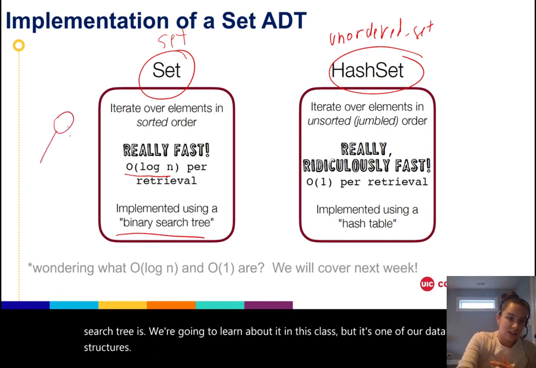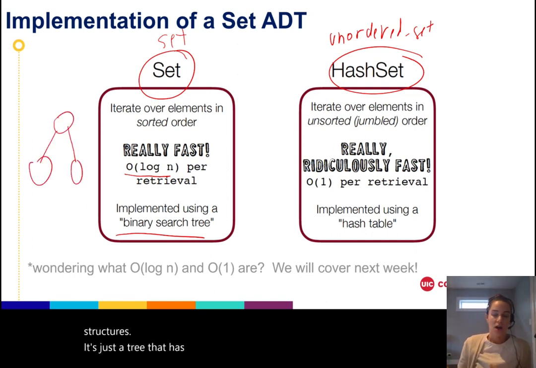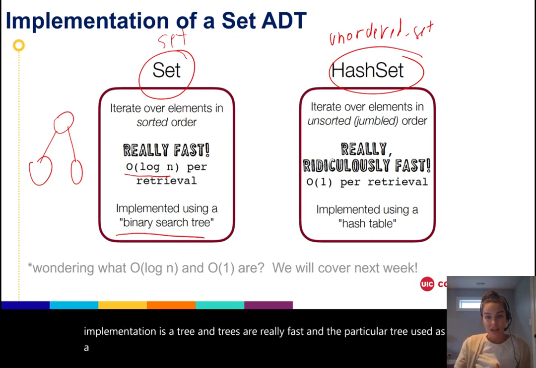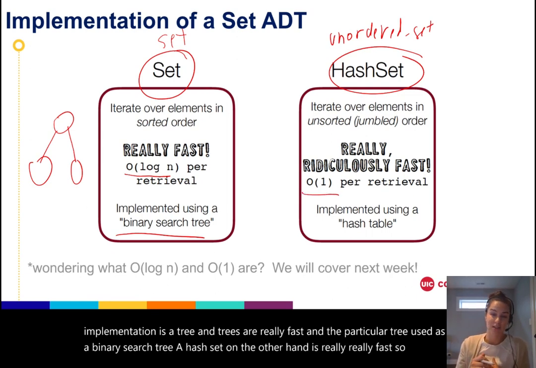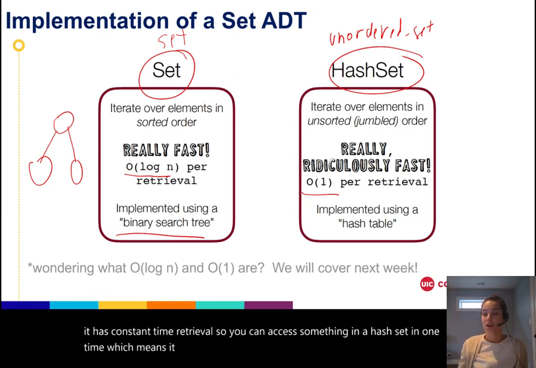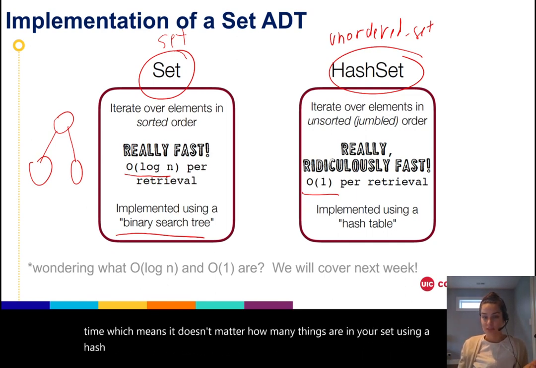It's just a tree that has special conditions, and so behind the set, the implementation is a tree, and trees are really fast. And the particular tree used is a binary search tree. A hash set, on the other hand, is really, really fast, so fast that it has constant time retrieval. So you can access something in a hash set in O(1) time, which means it doesn't matter how many things are in your set using a hash set,